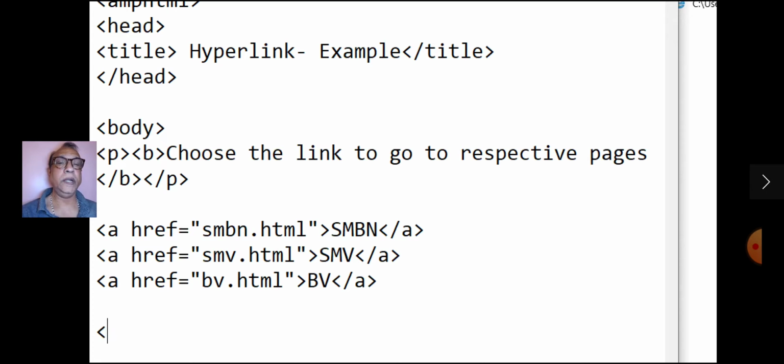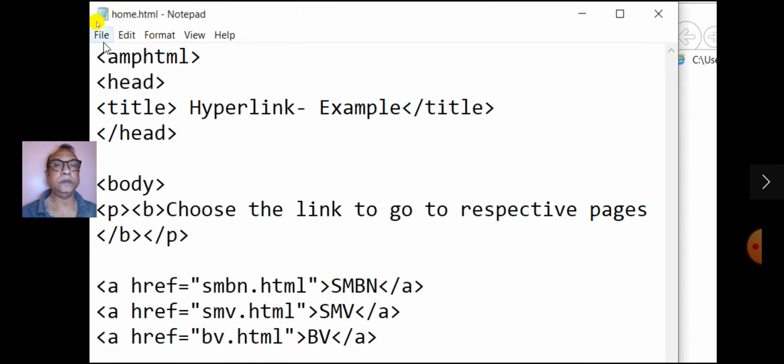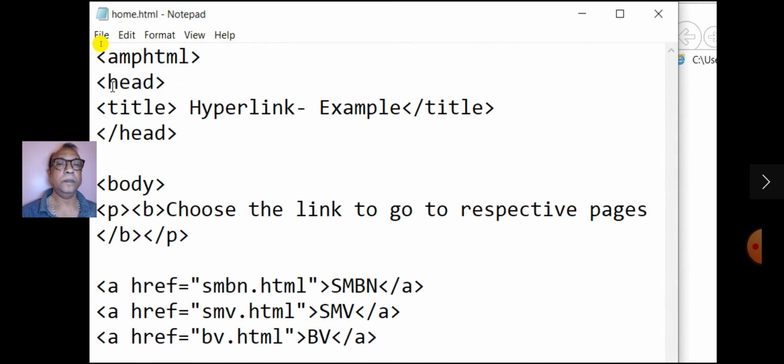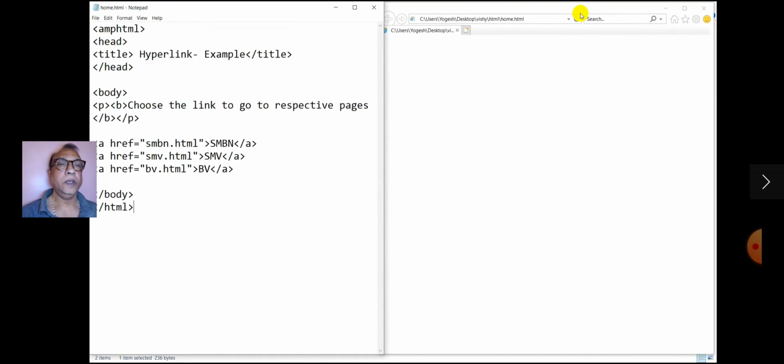Close the body tag and the HTML tag, save the file and refresh the browser. You will observe 3 links are created here: SMBN, SMV and BV.